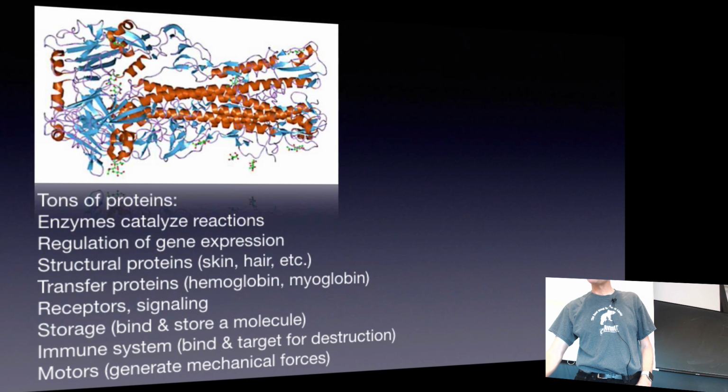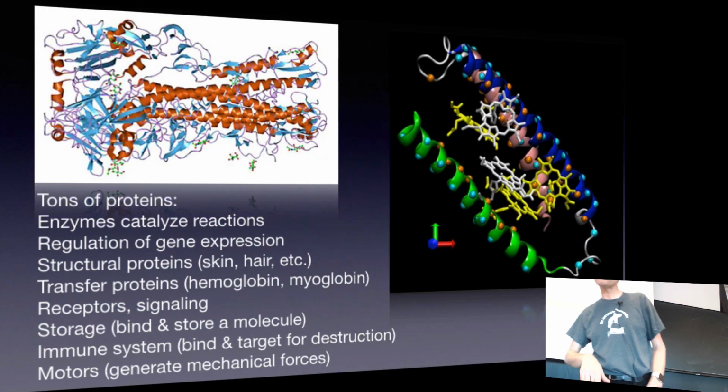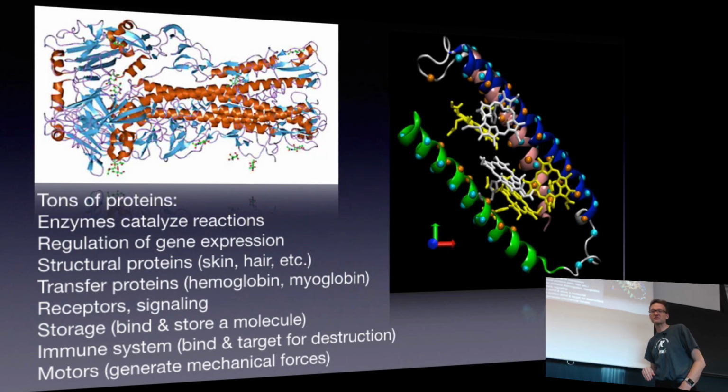So there are a ton of proteins that we're going to keep coming back to. If there is something happening in your body and you don't know what it is that happened, guess that it's a protein doing it. In 90% of the cases, that's true. We're going to come back to most of these classes later on in the course, and we're increasingly going to talk about first what they do, but also what you can do. Here on the right, you have an artificial protein, a protein that has been designed in the lab and on computers to achieve a specific feature. In this case, artificial photosynthesis.